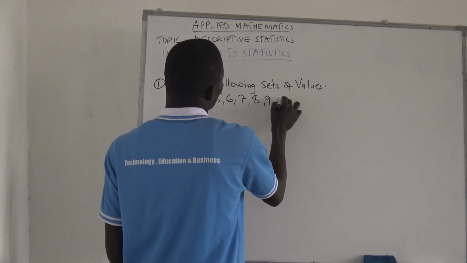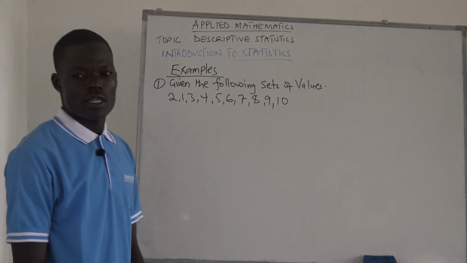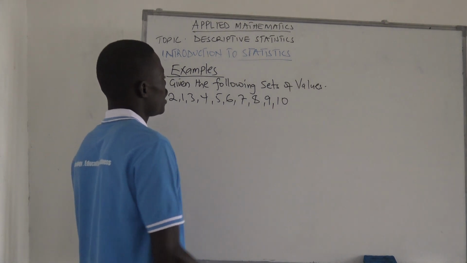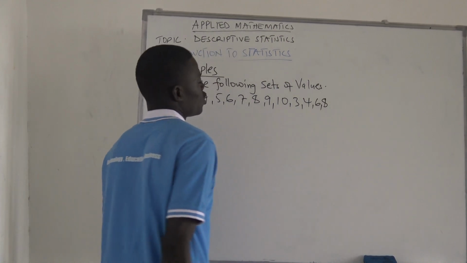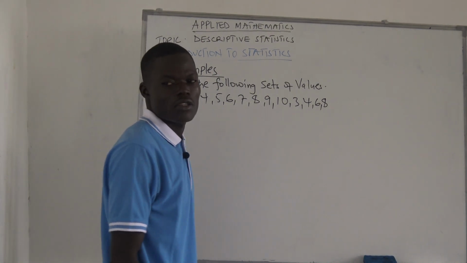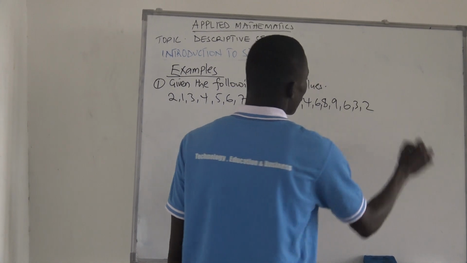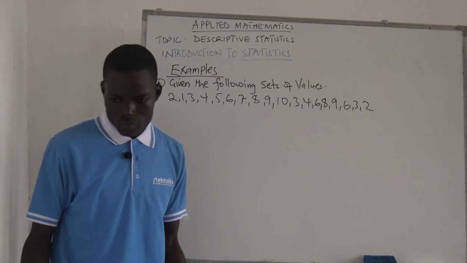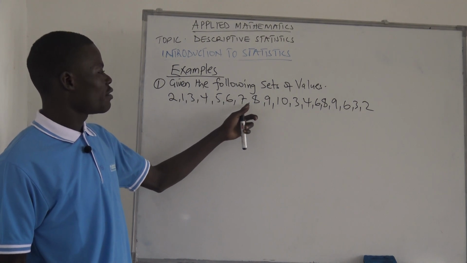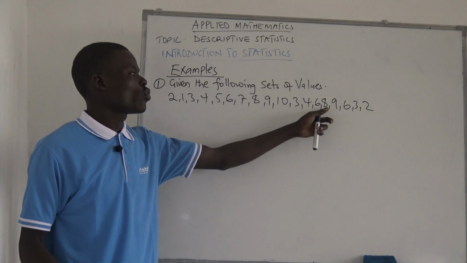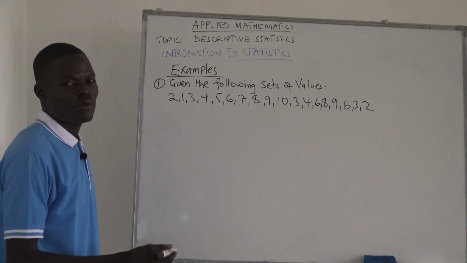2, 1, 3, 4, 5, 6, 7, 8, 9, 10, 3, 4, 6, 8, 9, 6, 3, 2. Given those values, the question is saying find: